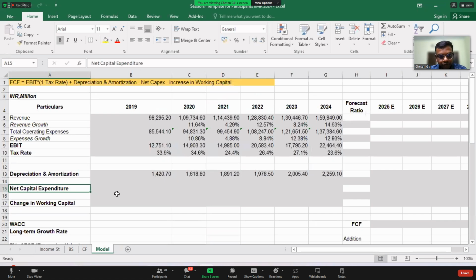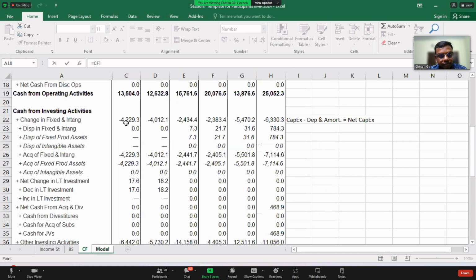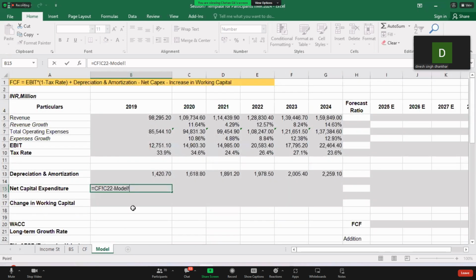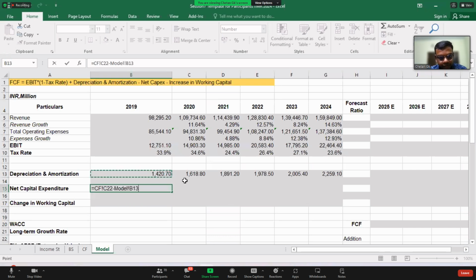I go to the model now. Is equal to, just see here. Is equal to, go to the cash flow statement, this, minus C8. C8 in the cash flow, depreciation is given. Here only we have already taken it up, right? Is it clear? Yes, P13. We have already taken it up, so let us not worry where it is.